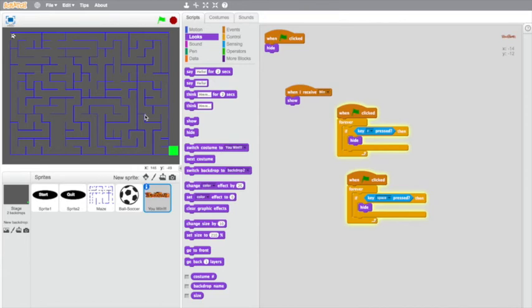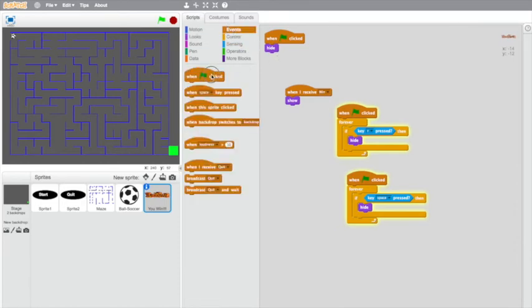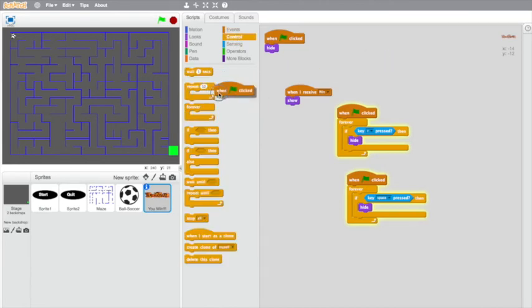So we want it so that when R is pressed, so when this is clicked forever, or you can just duplicate that. When R is clicked, then the you win will go away. So when R is clicked, hide, that's what that does. And yeah, so R,